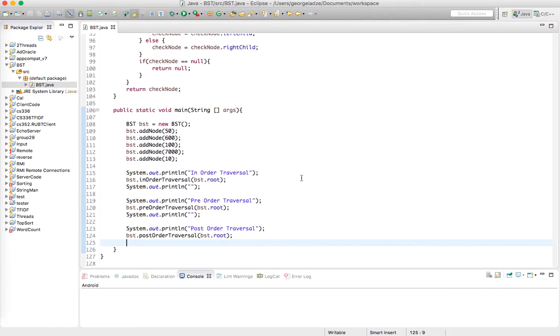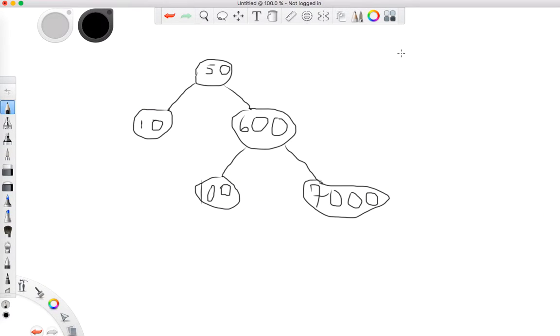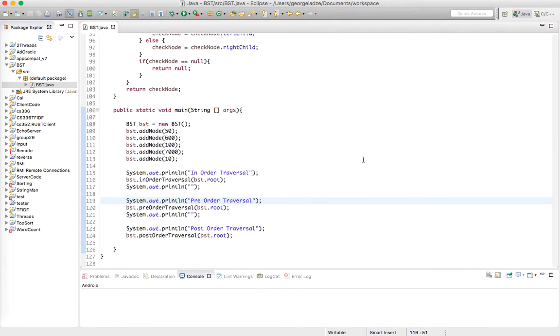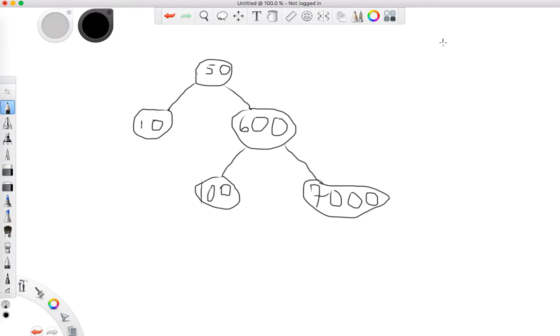All right, and then we'll do the find node after these traversals, okay, complete, because I want to explain how it works when you're trying to find a node. All right, so before we execute this program here, first let's save, and then now we're going to come over here and I'm going to draw out the expected values before I run this program of what to expect before it's run. So we're going to do in order first,